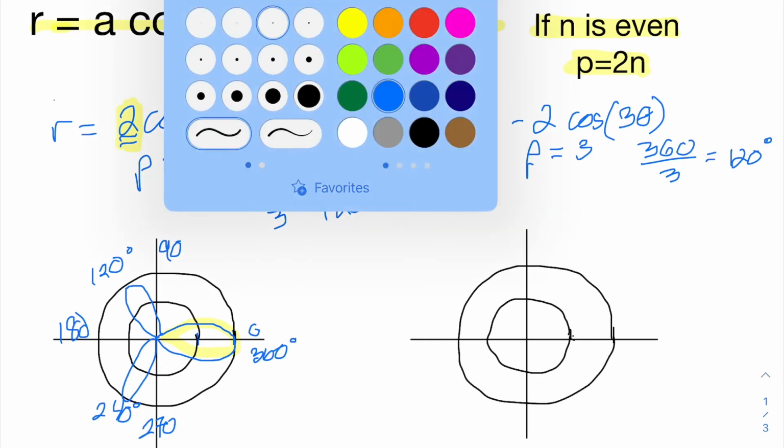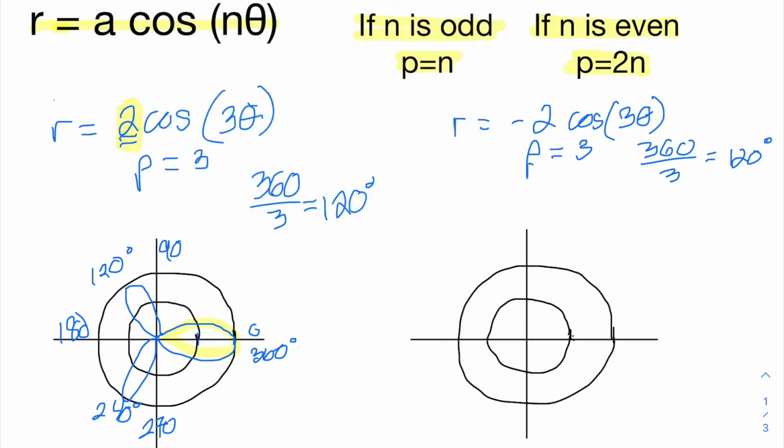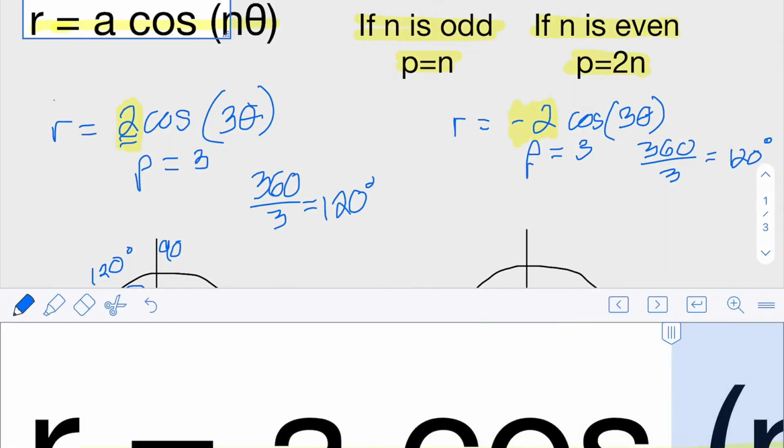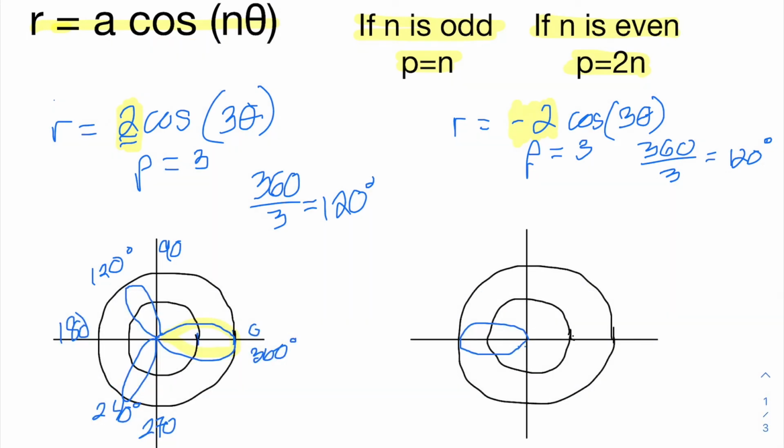But what's going to be different? So in this case, if we have a negative value, right? Originally we had a positive 2 as our coefficient, as our value of a. In this case, we have a negative 2. So which way do you think we're going to start? So hopefully, again, we associate cosine with our x-axis, and we might think to ourselves, oh, okay, well then if a is negative, it's going to look kind of similar. But I'm going to have my first petal go along the x-axis to the left, whoops,